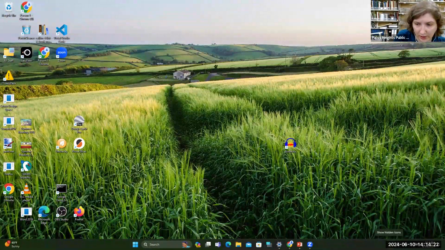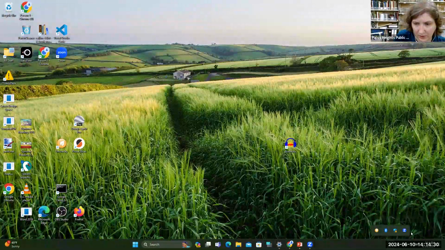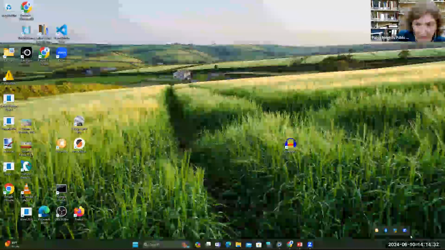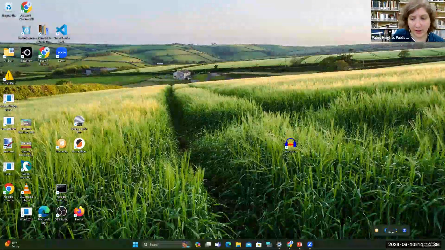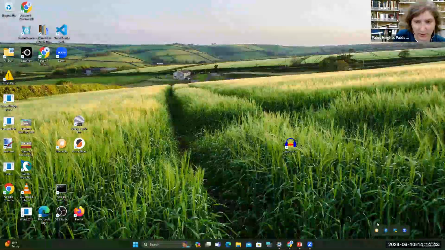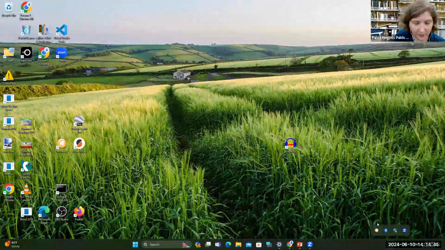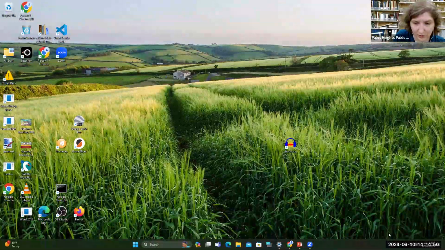Here is more hidden icons. I can click on that and it will show me more different things, such as Bluetooth, security. Zoom is on right now, so that lets me know about that. If I have a flash drive or a thumb drive plugged in, that would show up here as well. And I could click on that to make sure I safely eject the thumb drive. So those are those icons right there in the bottom right.